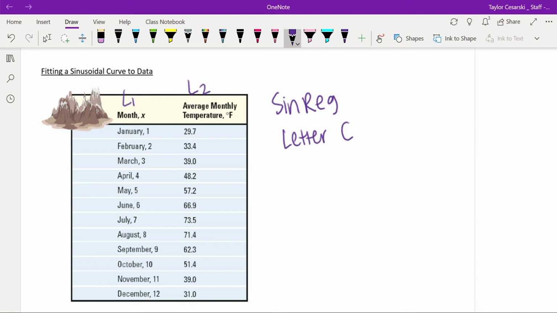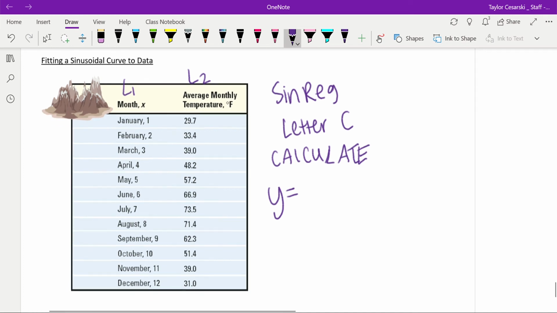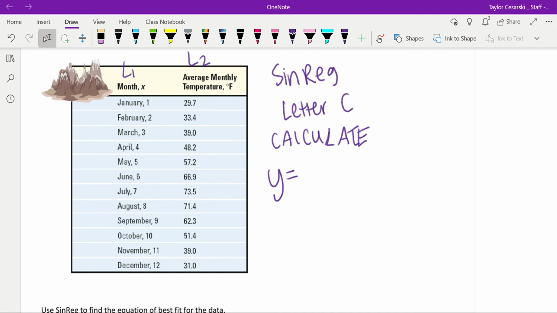Now it's going to give you a lot of information like iterations and all of that stuff, but you can just leave everything blank and go down to calculate. It'll give you your equation, so you have to be careful when you write it. It gives you a lot of A, B, C, and D. A, remember, stands for your amplitude, so that's going to be your number in front to 3 decimal places, 21.147. And then sine of, then we have our B value, which is